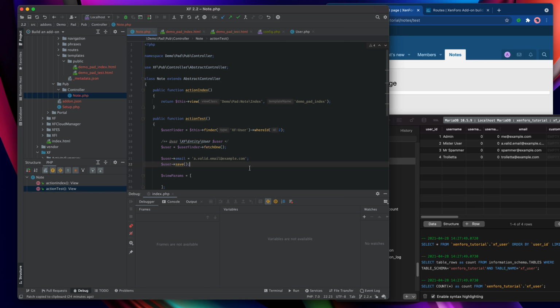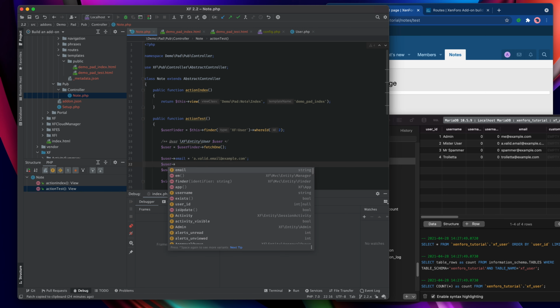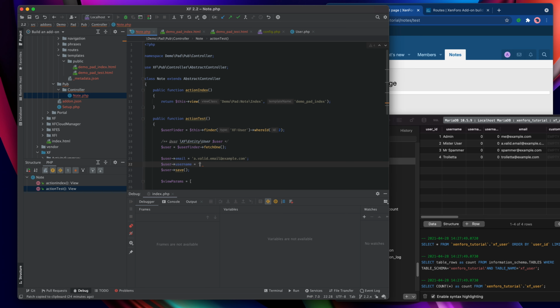How about if I wanted to update multiple fields? I'm not going to recommend that you actually do this, but just for the point of the example, let's say username equals Mrs. User, and we'll change the email as well. That'll do.